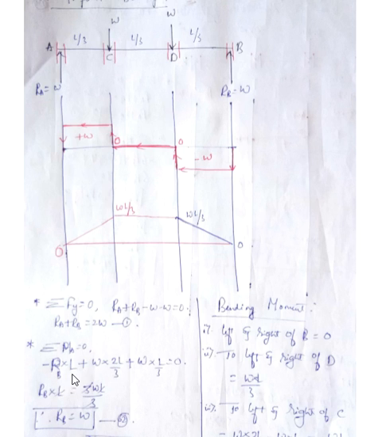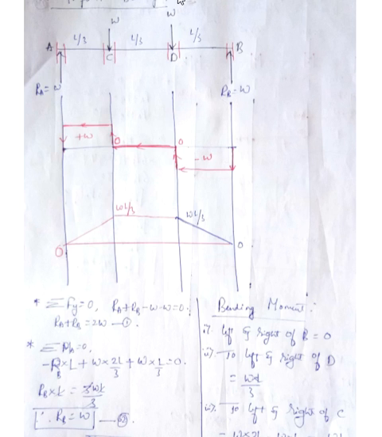This minus Rb into L, you take to the other side, so it becomes plus Rb into L, and then the remaining terms you can add, so it becomes 3WL by 3. The 3 and 3 get cancelled, and this L and this L get cancelled, so Rb becomes W. When Rb becomes W, substitute in equation 1, then Ra also becomes W. So that is what I have written, Ra as W and Rb as W.